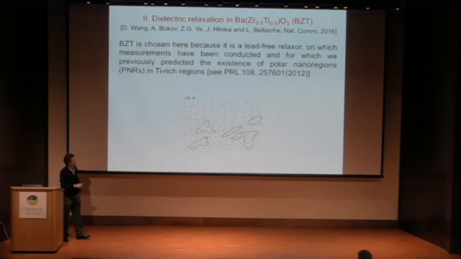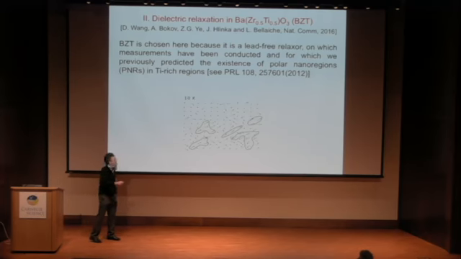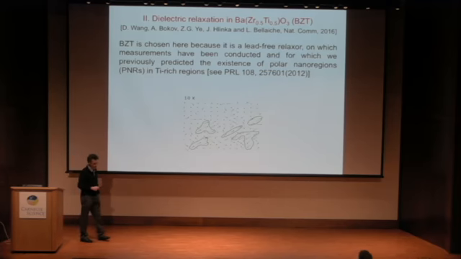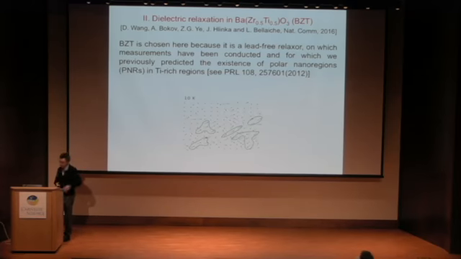And you see there are some regions, titanium-rich regions, for which the dipoles are parallel to each other, and from one region to another, they are opposite, or at least forming an angle. So you have these so-called polar nanoregions. And here, for BZT, I will show you it's not the case for PMN. You have a paraelectric matrix, which is zirconium rich.